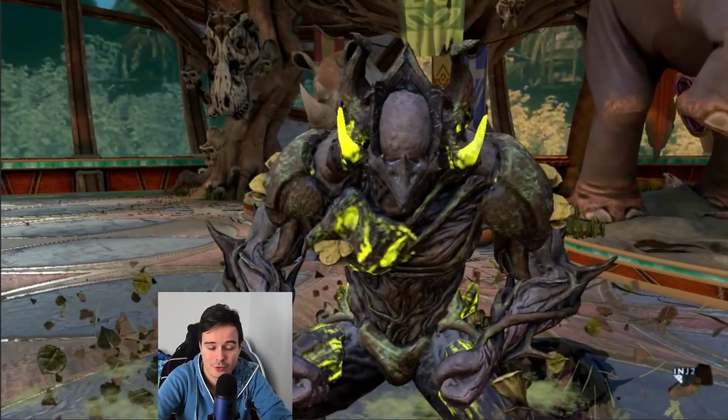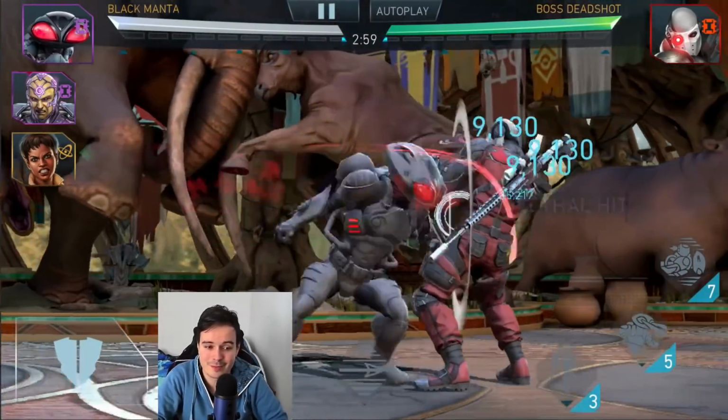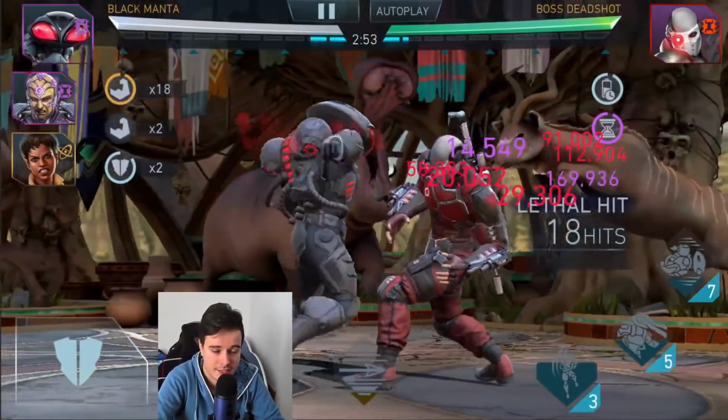Now I can use my Swamp Thing to deal 1 damage. Amazing gameplay fixes, bug fixes, and mechanics. But yeah, now getting to Black Manta over here, and this is, I think, yet again the highest damage I'm